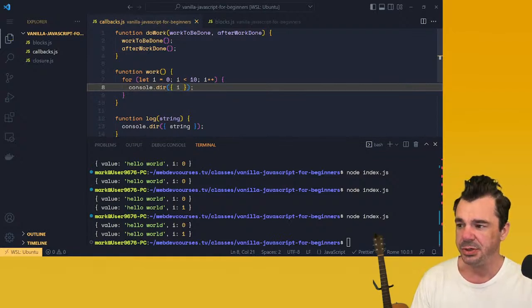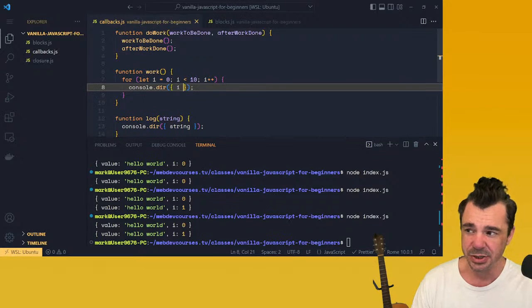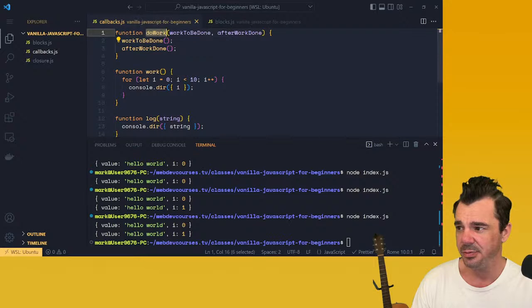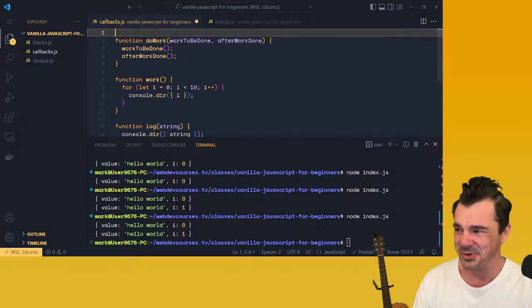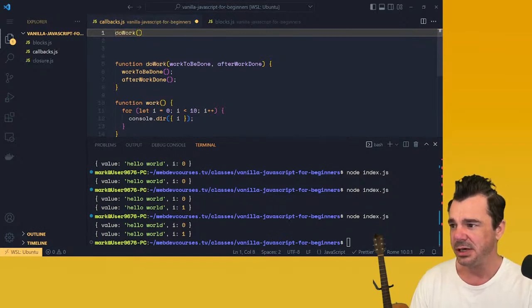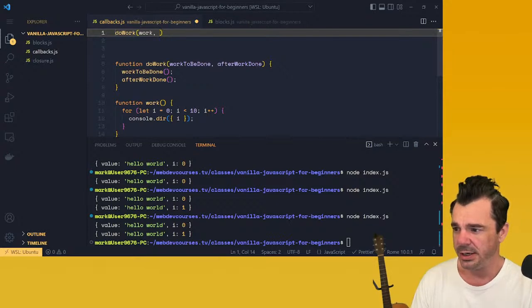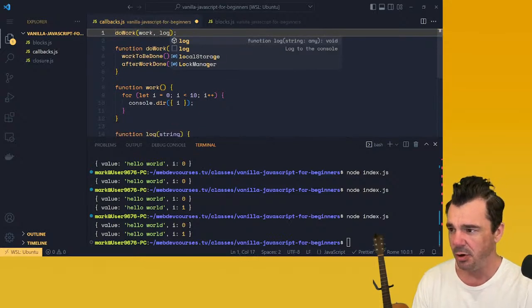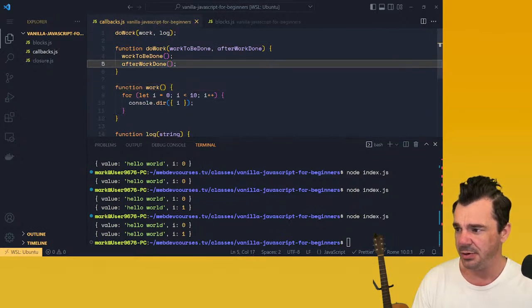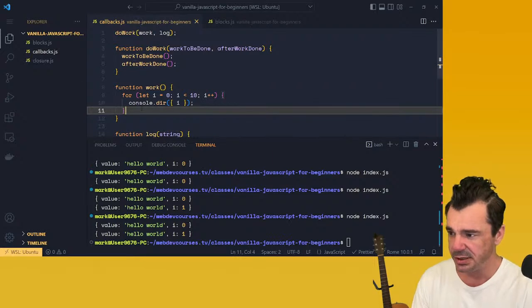All right, so we're going to do some work, but it's a synchronous operation, which means that this code will just work. It's not so beautiful if it's asynchronous, which I'll show you in a minute. And this is the part that kills people with JavaScript. Okay, so doWork takes the work function, and it also takes work to be done. It also takes the after work to be done, which we're going to call log. After work to be done is supposed to take the value. So let's just turn this and say,